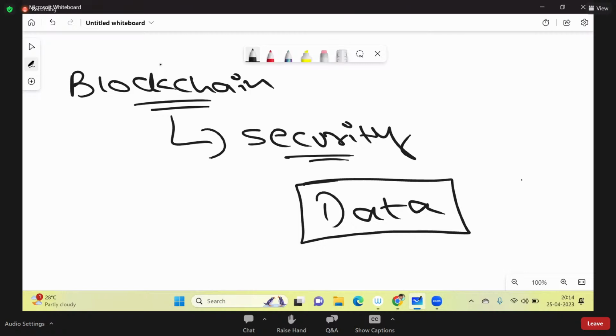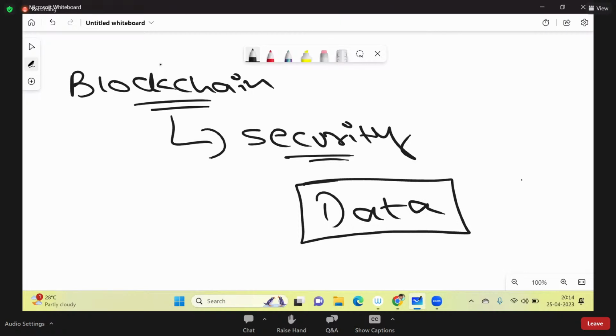Before we understand what are those properties or characteristics of the technology which is actually making it so strong to protect the data, let me give you a small understanding of the architecture of this technology. Like, what is a block? What is a chain? Why do we call it a blockchain? What is it that gets stored within the blockchain? How are things outlined within it? So we should get some clarity with regards to it.